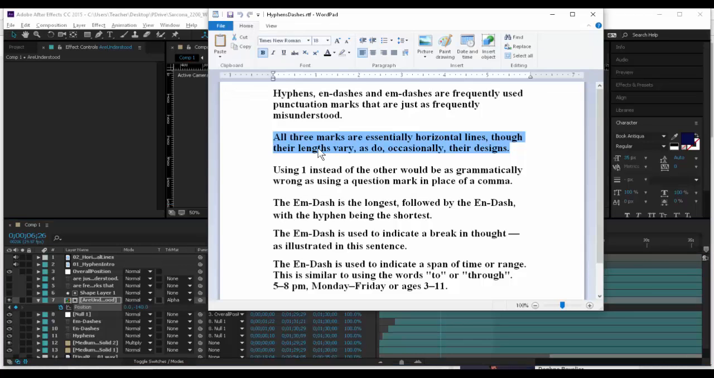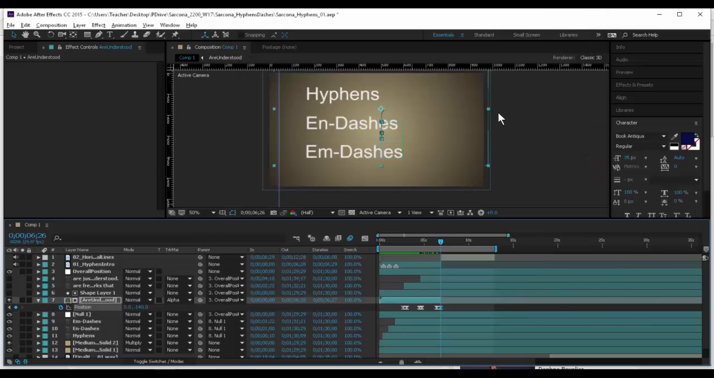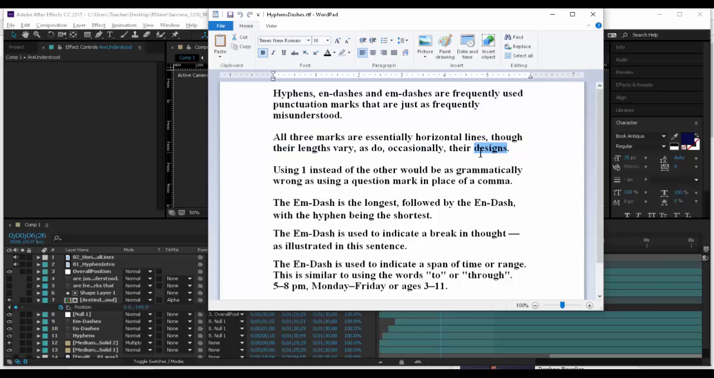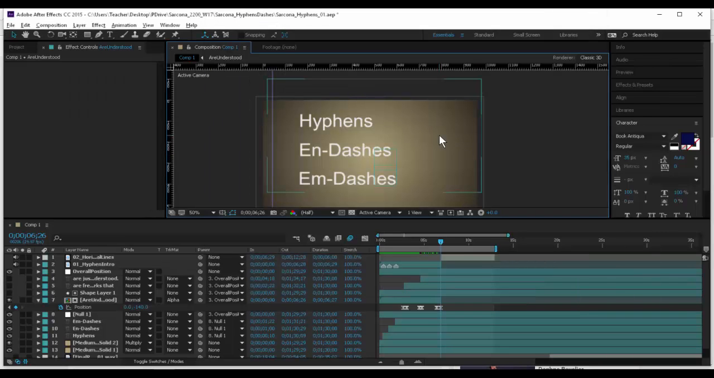And now when I'm in this one, I'm saying all three marks are essentially horizontal lines, though their lengths vary, as do occasionally their designs. This is a great opportunity for me to have each one of these things with a line right next to it. That way I'm associating which each one is and what their line looks like. And then when we talk about their designs, I'm going through and showing different ways that the designs could change. So for instance,